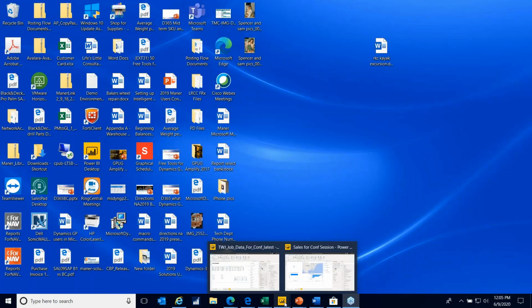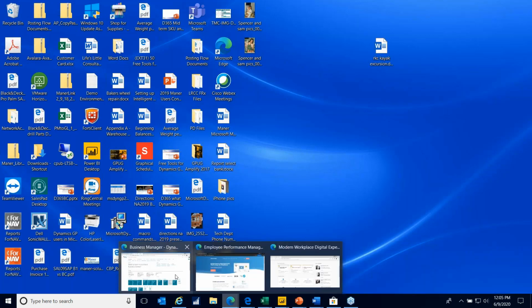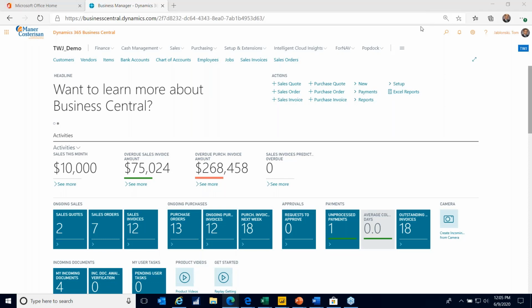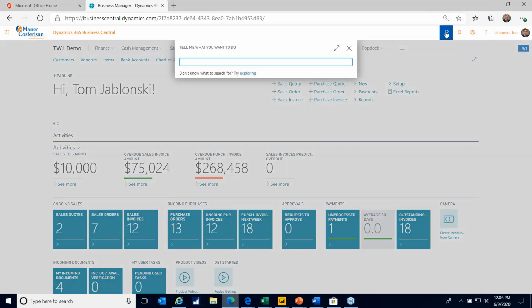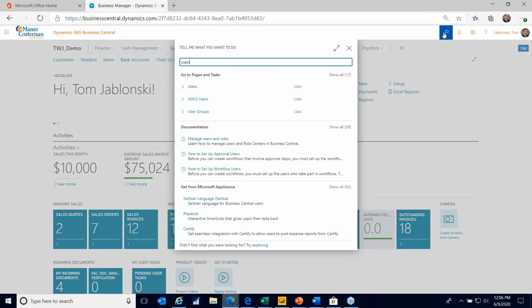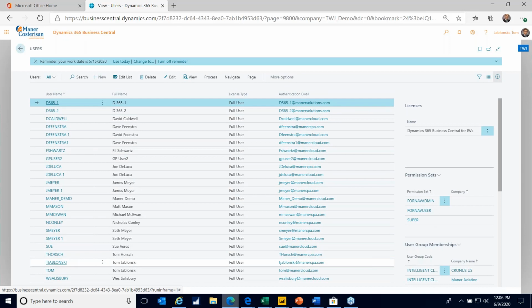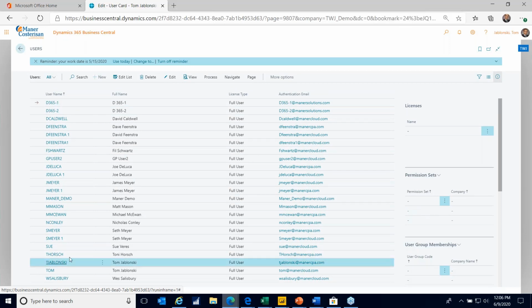I am going to jump into D365 Business Central really briefly, because there are a couple of things you need to understand before you start doing stuff outside of D365 in terms of data. There are two spots you'll want to take a quick look at. The first one is users. Pretty much every user in D365 can get to users. Here's all of our users within our demo environment. When I click on my name down here,